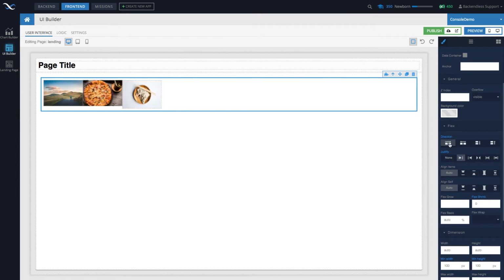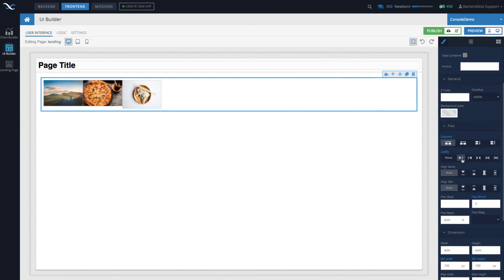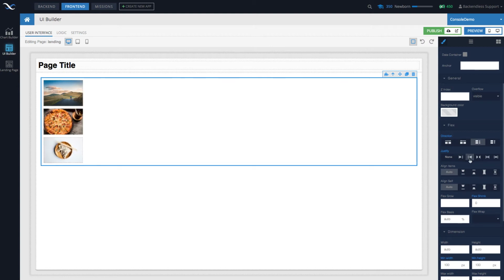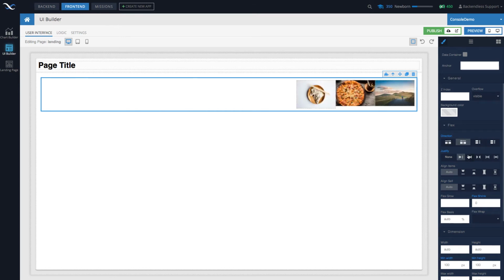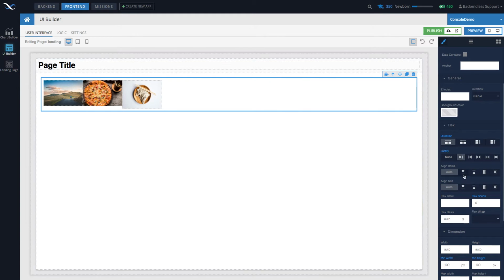For instance, if we change the direction and click on justify, then you can see exactly how the justify option works. It works not with every direction. If we select top to bottom, then justify doesn't really do a whole lot. But if we select this one or this one, then it makes a lot of difference. Item alignment is right here. Once again, since 2 images are the same size and one is different, you can see the effect that it has as far as the alignment of the child components.